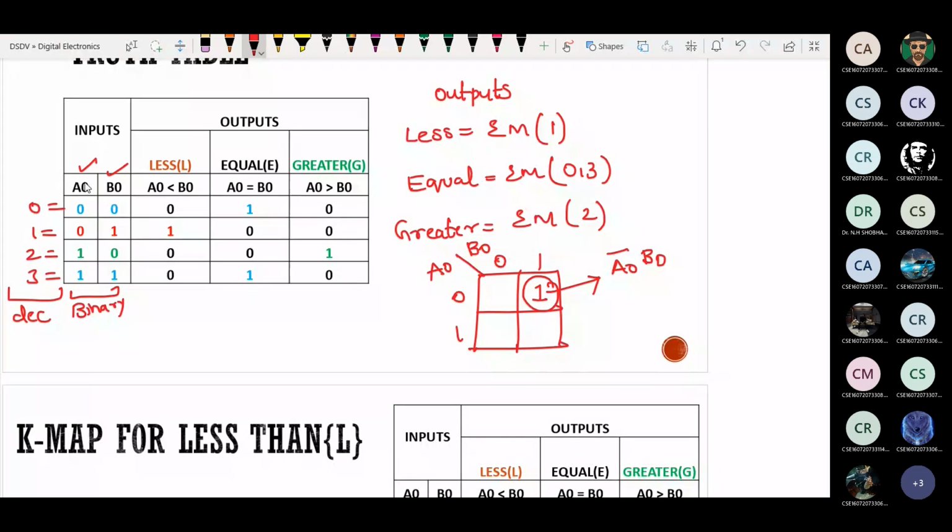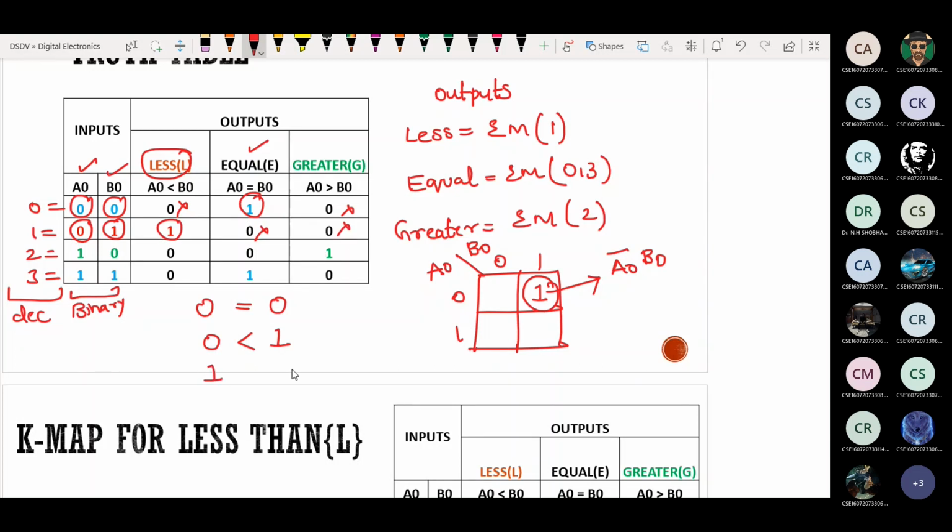Next, simple comparison we have to do. So 0 and 0, are they equal, greater than, less than, or what? Equal, sir. So in equal to column you have to take 1. Rest it will be zeros. Next, 0 and 1. Compare them. It is less than, sir. So 0 is less than 1. So in this less than column you have to take 1 and remaining positions it will be 0.